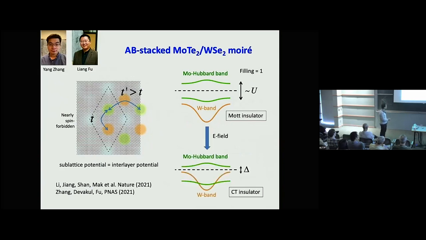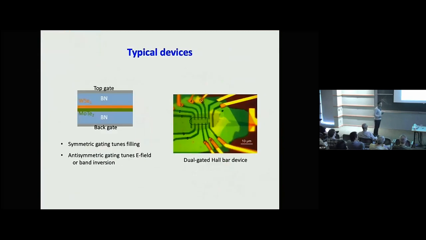And if you apply a large enough electric field, you can get into this charge transfer insulator that is still at filling factor 1. The Fermi level is here, but now, instead of the U here, you get a charge transfer gap delta. The next carrier you add into the system will actually go into the tungsten layer. So in this sense, it's a charge transfer insulator: it's no longer going into the Moiré orbital, but it's going into the tungsten orbital. Okay, so this is the typical device structure that we study in this study,